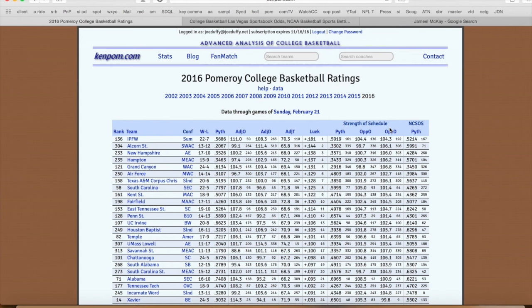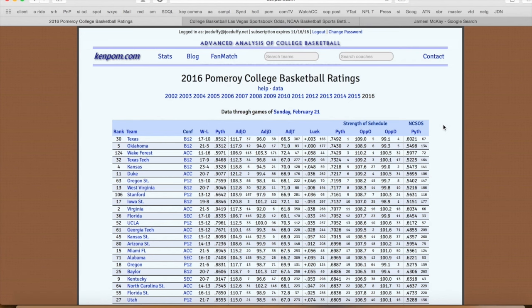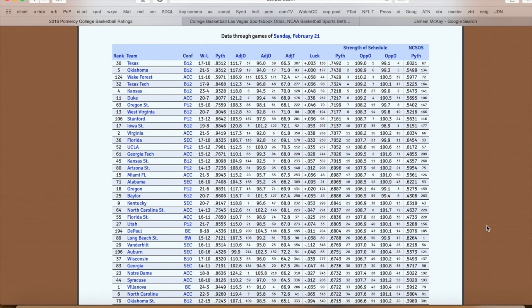Strength of schedule, again, pretty much self-explanatory, but this is really big when it comes to the NCAA tournament. We can see which team has played the best strength of schedule, which team has played the worst. I do like Massey ratings also for strength of schedule. That is MasseyRatings.com. So these are just some of our favorite sites when it comes to mastering sports handicapping